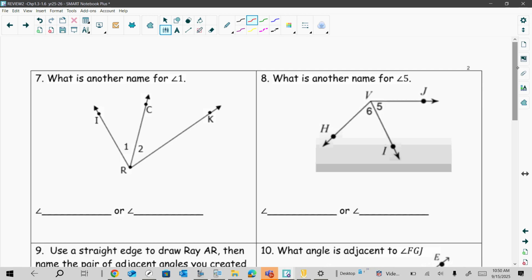All right, let's go to the next page. Now we're just going to go with some basic understanding of angles. All right, so